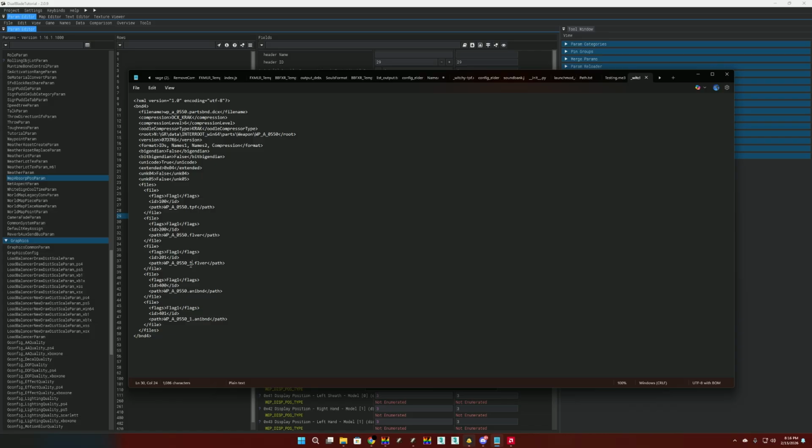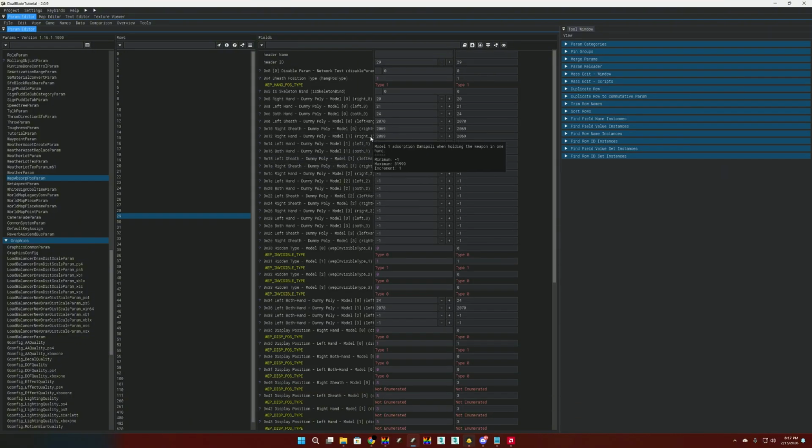So you can make this a 2 or a 3. It's not going to be model 2 or model 3 because the game only cares about the ID. So there you have it. This model is going to use model 0, and this model is going to use model 1